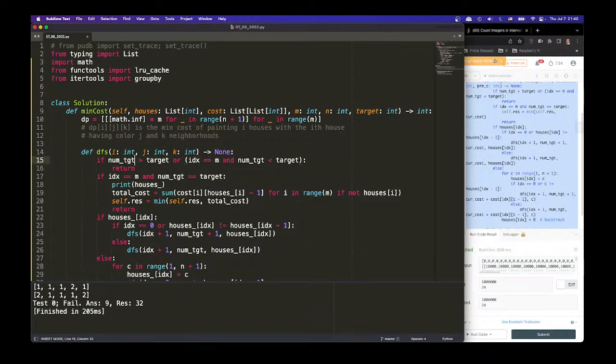If K is larger than targets, or I is equal to M and K is smaller, then it is return. If I is equal to M and K is equal to target, then